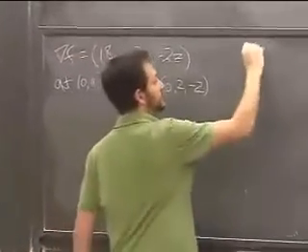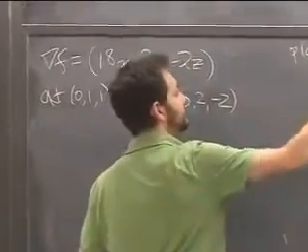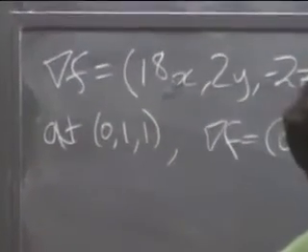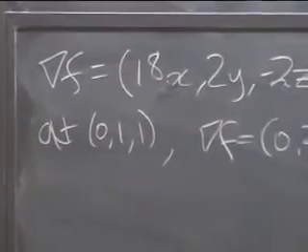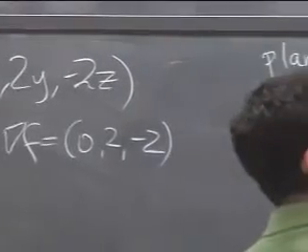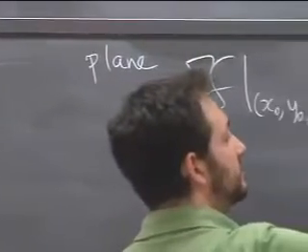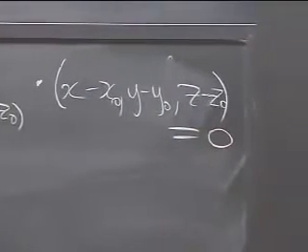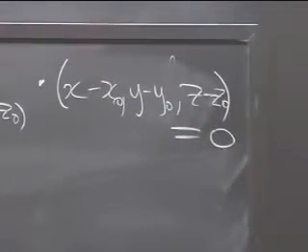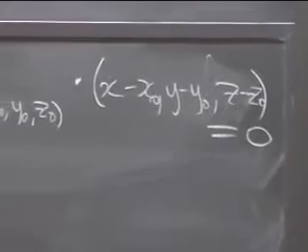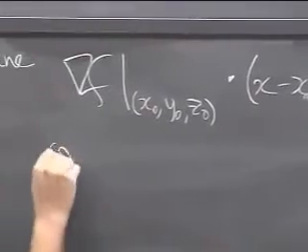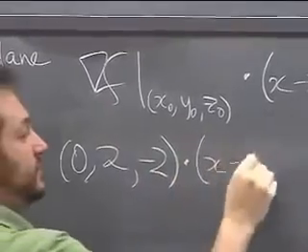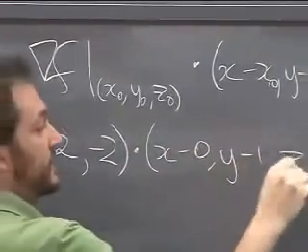So the plane has equation, I better write this out again, same formula, I just don't want to forget it. Now I'm going to plug in (0, 1, 1). So I found that the derivative is (0, 2, -2) dot (x - 0, y - 1, z -